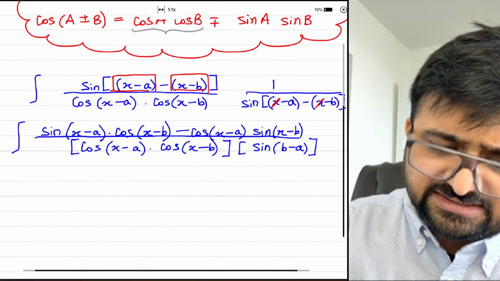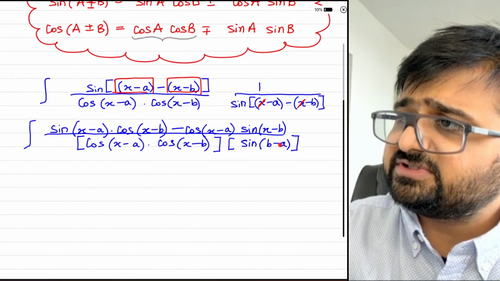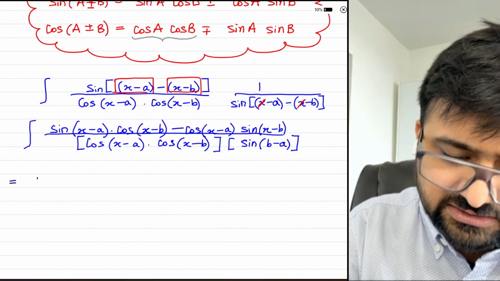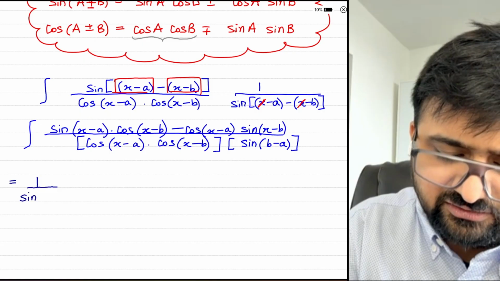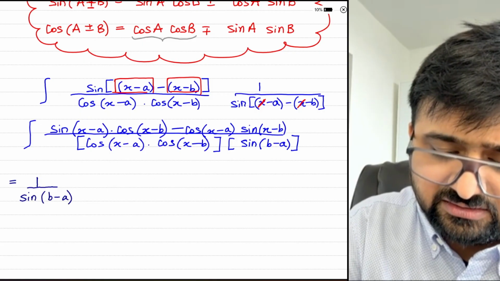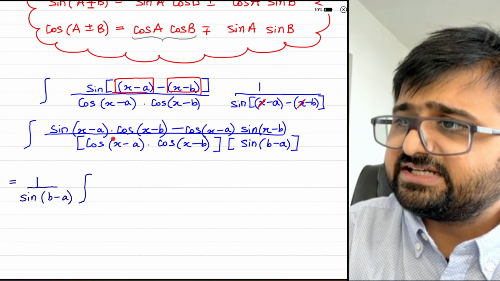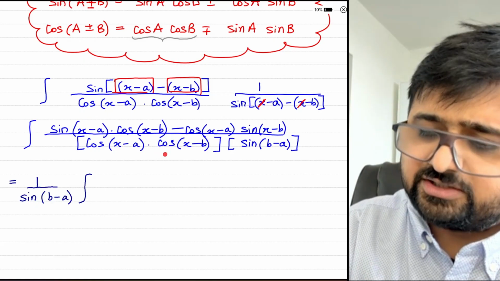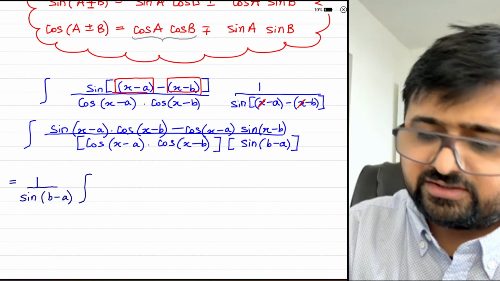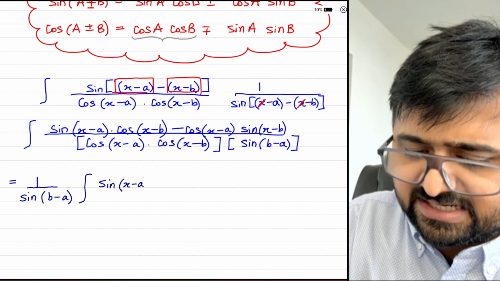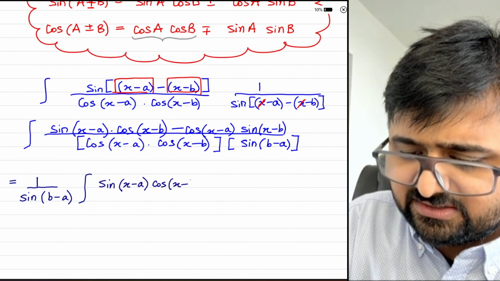So what we can do at this point, it is very easy to integrate. This term is constant, so it can be taken out of the integral. My integral will then look like 1 over sine of (b minus a), times the integration of the remaining term, cos(x minus a) times cos(x minus b). I can split this term into both of those terms in the numerator. What that will do is cancel a lot of things. So it will give me sine(x minus a) cos(x minus b)